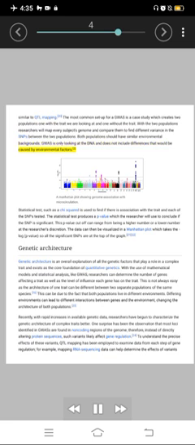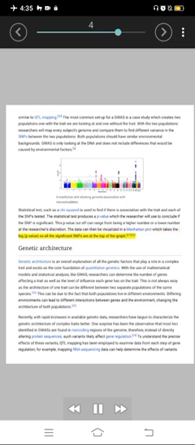A Manhattan plot showing genome association with microcirculation. A statistical test, such as a chi-squared, is used to find if there is association with the trait in each of the SNPs tested. The statistical test produces a p-value which the researcher will use to conclude if the SNP is significant. This p-value cutoff can range from being a higher number or a lower number at the researcher's discretion. The data can then be visualized in a Manhattan plot which takes the log p-value, so all the significant SNPs are at the top of the graph.